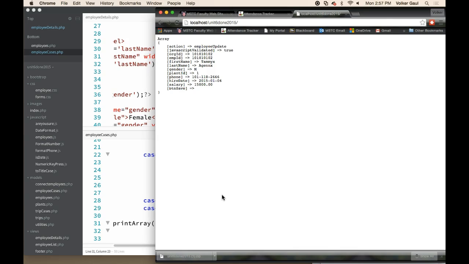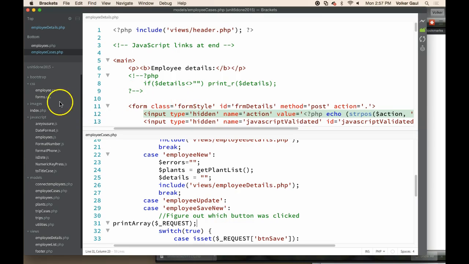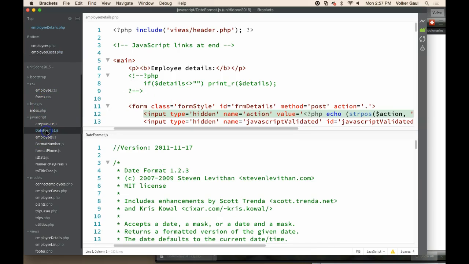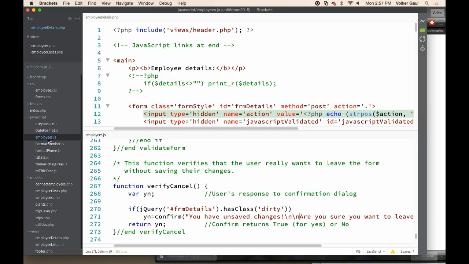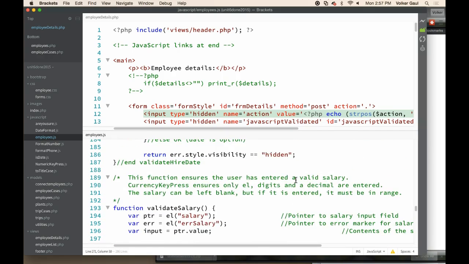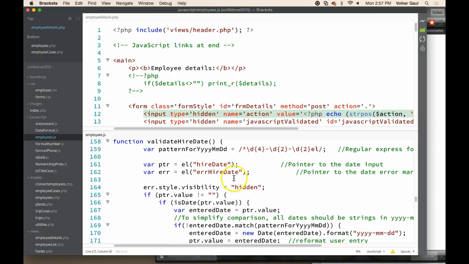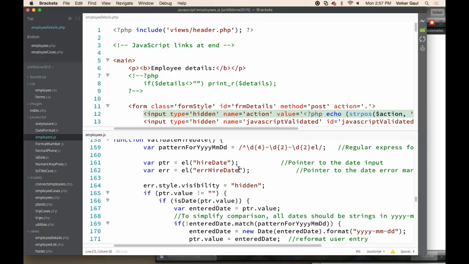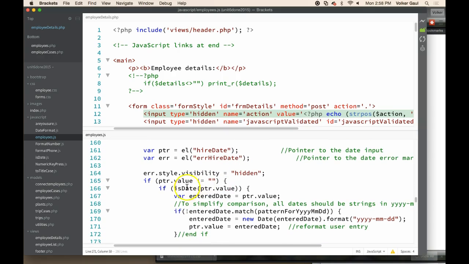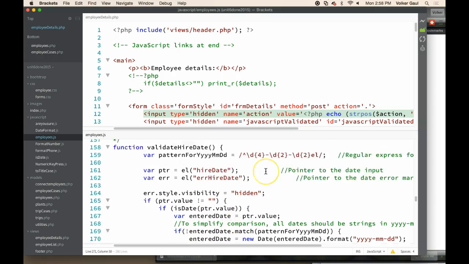Why? My validation, maybe? We shouldn't need to validate it, but I wonder if I still have JavaScript validation that is reformatting the date into ISO format and screwing it up. I did not expect this, so this wasn't part of my planned lecture. Here we go. All right, pattern for that. Hire date. If it is a date, which it should be, enter it. If it matches that pattern with the dashes,